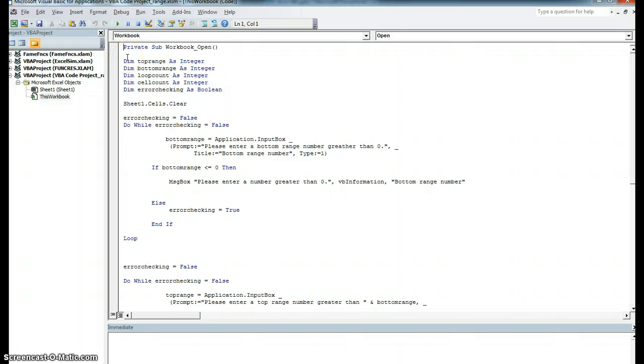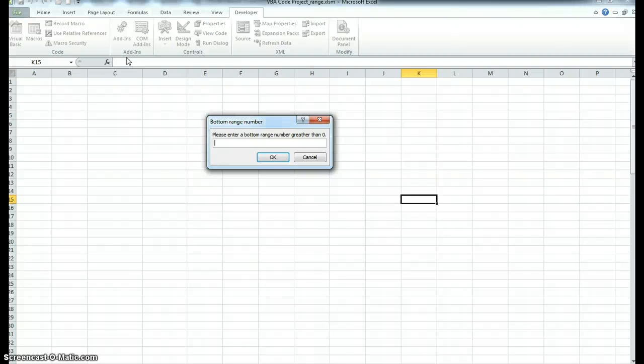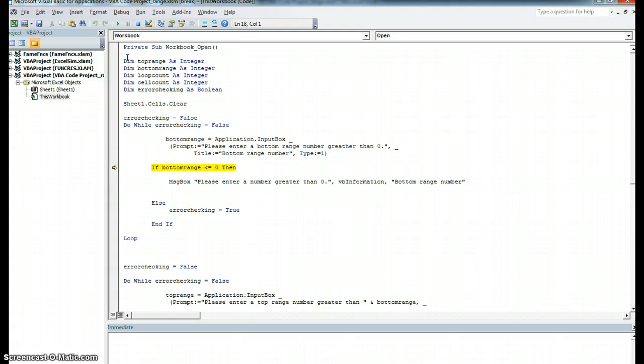Let's press F8 on your keyboard, and you will see this yellow line. That means VBA is stepping through your code right now. It cleans off Sheet 1, and then goes to the next line of code, and the next line of code, and then when it hits this line, it cleans out the sheet and asks you to enter the number. So if you enter number 9 and press enter, it goes back again. So you just keep pressing F8 to step through all your program,